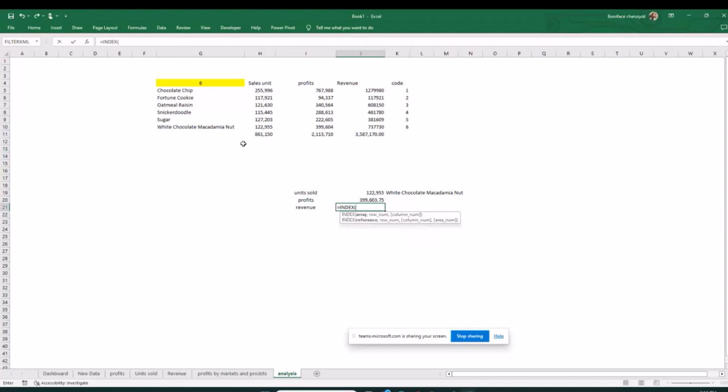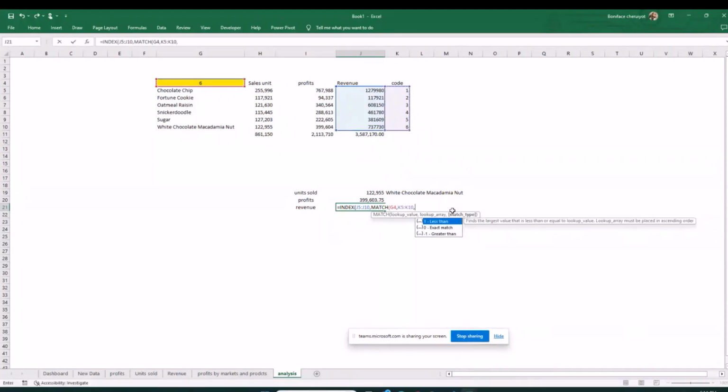Next, the revenue, then match what you want to see. So we're matching these for this array of data, and we want to see the exact match. So I can say the revenue for number 6 is